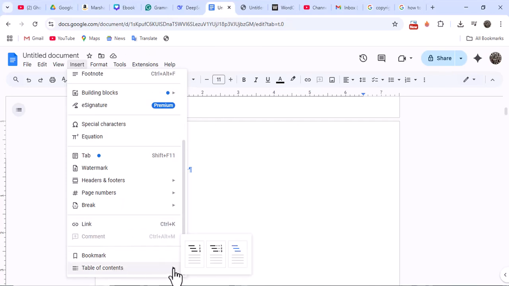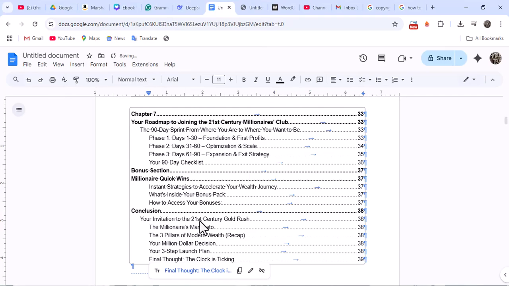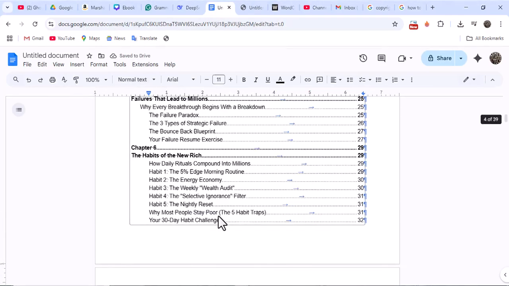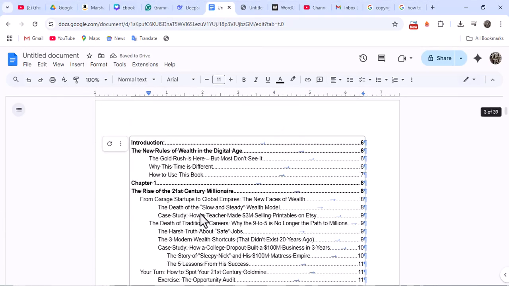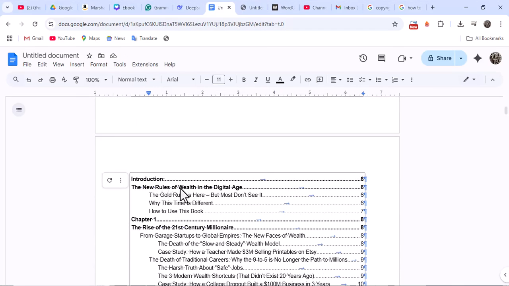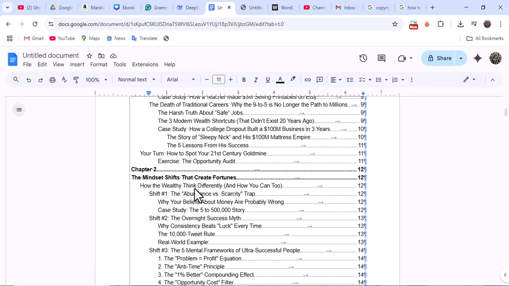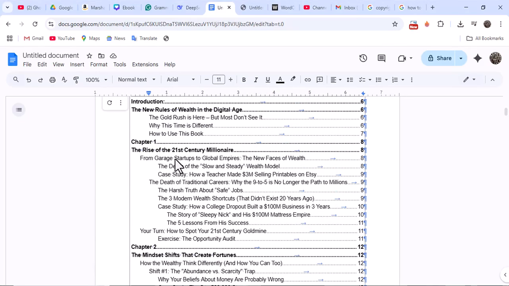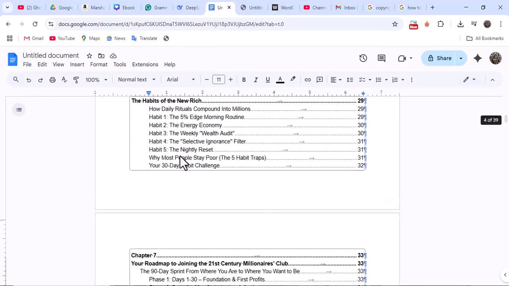Now under this table of contents, select any of these three that you like. Just check it. There are three different styles there. So I'll just select this one, this dotted. Once you select it, it will automatically generate your table of contents for you. Now, how does it do this? It is going to do this using the headings. That was why I told you to ensure that you are using the same heading